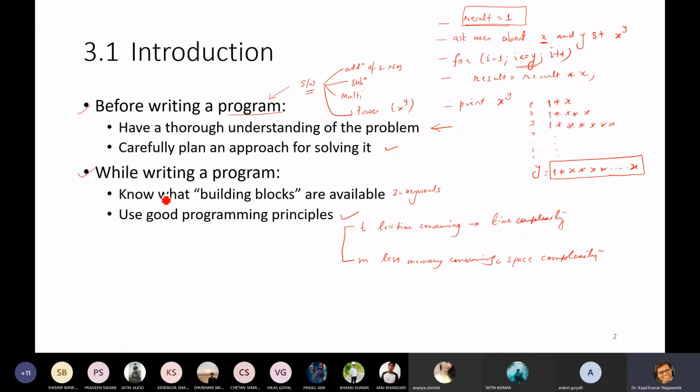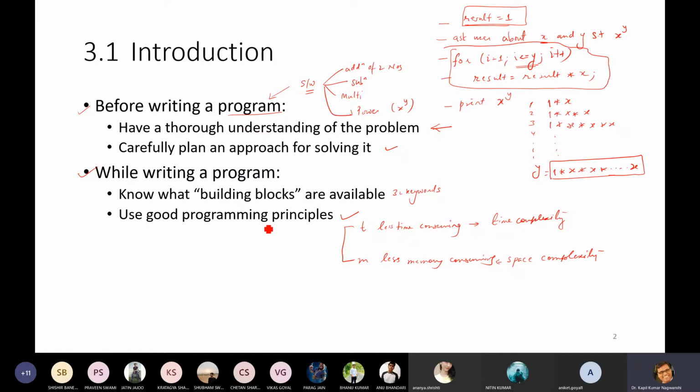Now, while writing a program, building blocks are available, and in this power program we have used the special building block of loop, which is for. So you must know what building blocks are available. Use good programming principles.